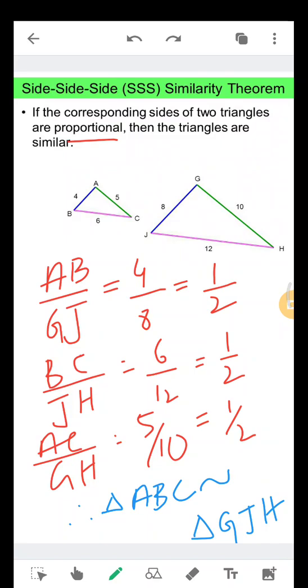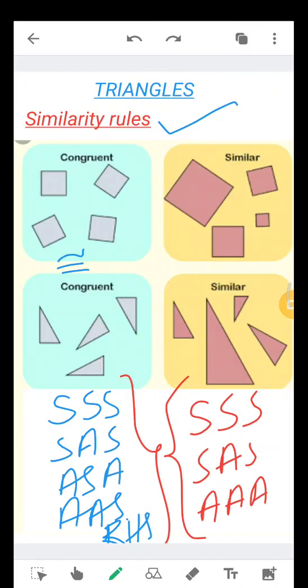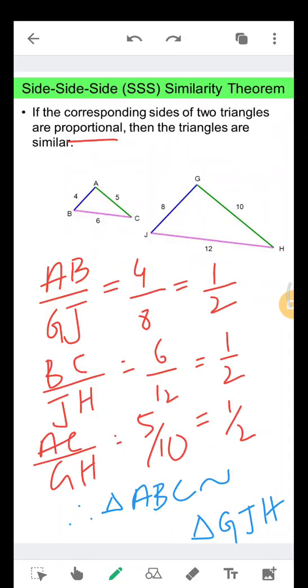So two triangles are similar because the three corresponding sides are in proportion here. When these two triangles are similar, then we can say that the corresponding angles are equal. Those are corresponding sides of similar triangles. Like we used to say corresponding parts of congruent triangles, CPCT, hope you all remember it.